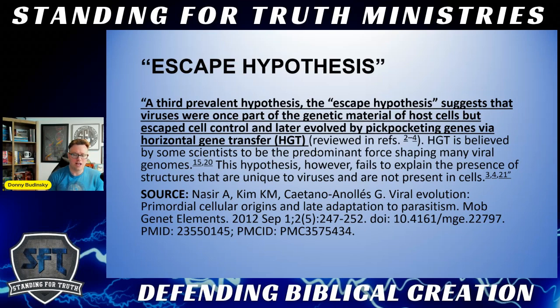Right here: viral evolution, primordial cellular origins and late adaptation to parasitism. A third prevalent hypothesis. This is the evolutionary spin on it. The biblical understanding of the escapee hypothesis is the correct one and gives us the best foundation to building a successful model. The escapee hypothesis